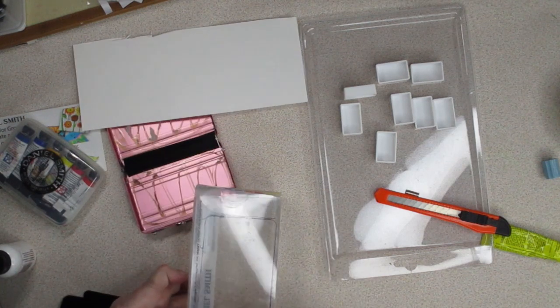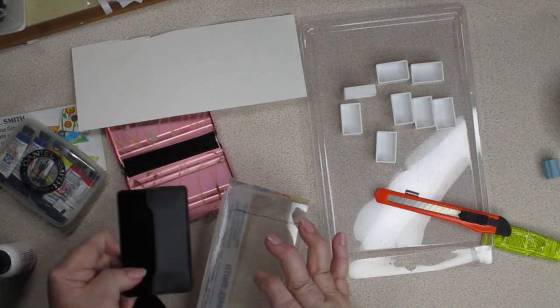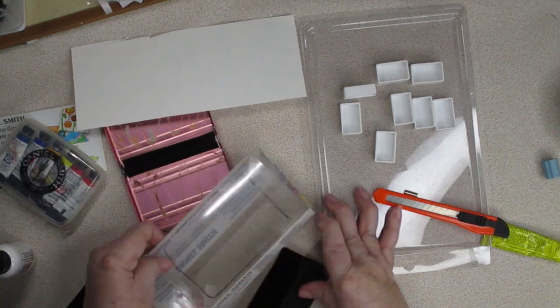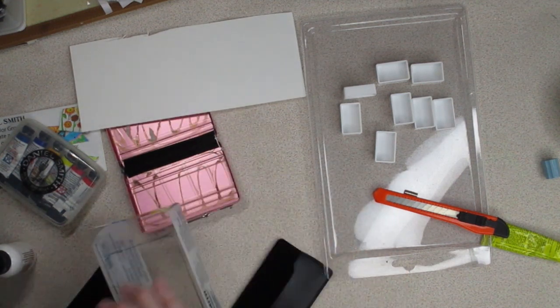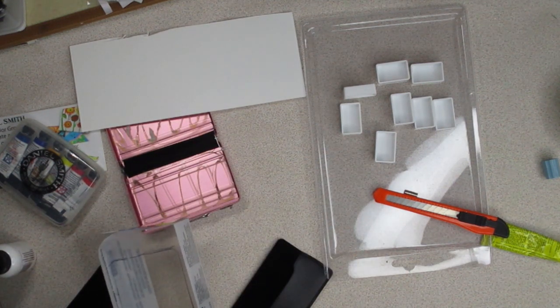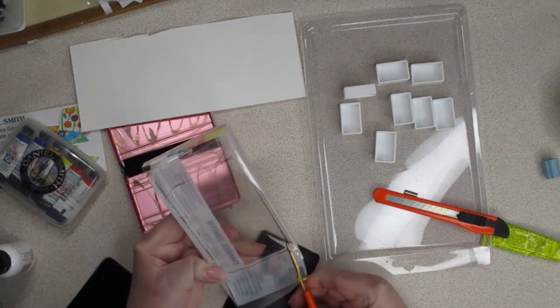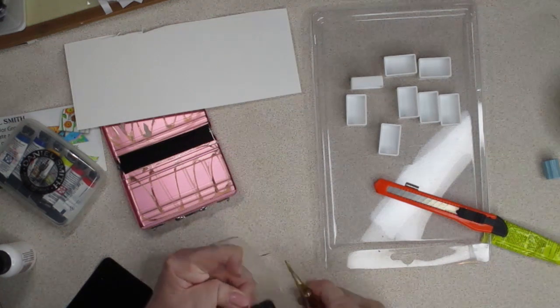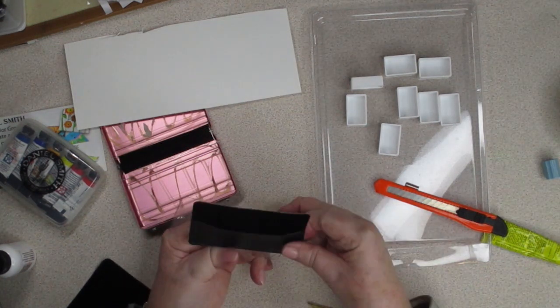So what I did was I took this piece, because that's the side I'm going to do that on, and I put it on this plastic and I traced it with a Sharpie. Can you see that black? And now all I'm going to do is get my scissors, and then all we're going to cut this out. Okay, then I'm going to put it up against this